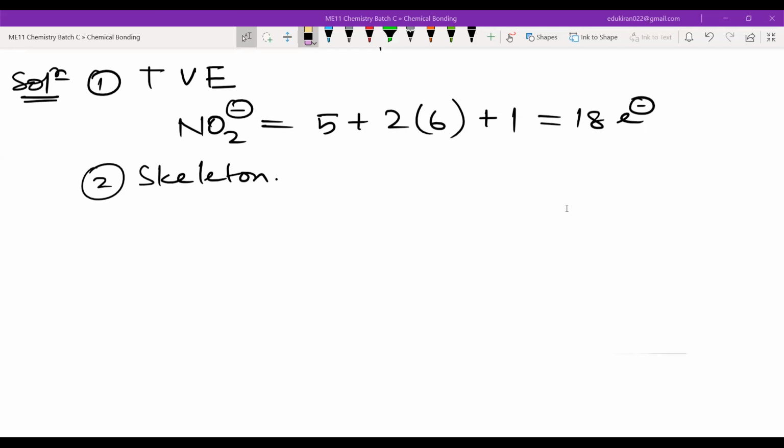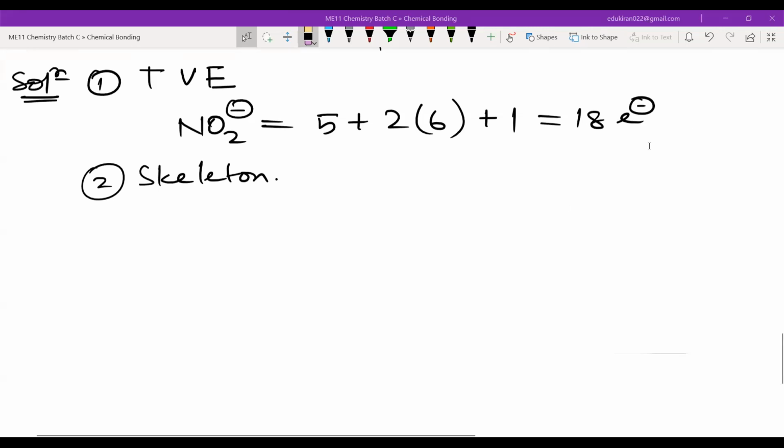Yes, Mariam, now it is correct. Is anyone stuck? Yes, sir. Samaira, you are stuck. Where are you stuck? For nitrogen I'm getting 9 electrons. You are getting 9 electrons. So you have 18, na? 18, then you will have 2 bonds, right? Initially. Yes, sir. Now after 2 bonds, you have used 4 electrons. So you will be left with 14 electrons.